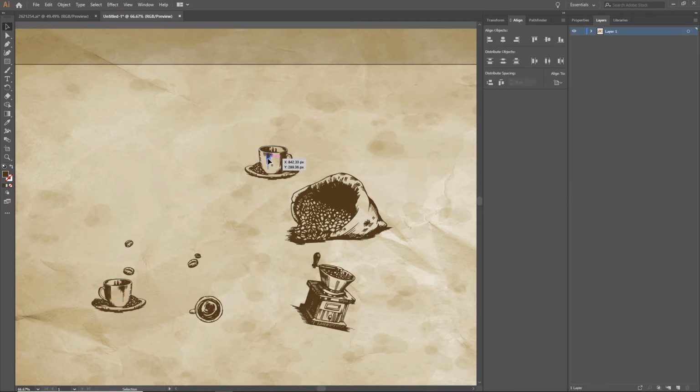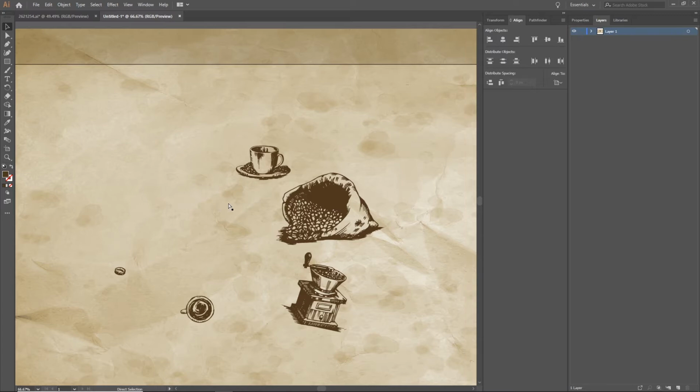This one and this one are pretty much the same, it's just mirrored. So I'm going to click on one of them and I will delete it. And these coffee beans, I guess, we have 4 of them. We do not need 4 of them, so I can go ahead and delete them one by one like so, and delete this one. Alright, so now